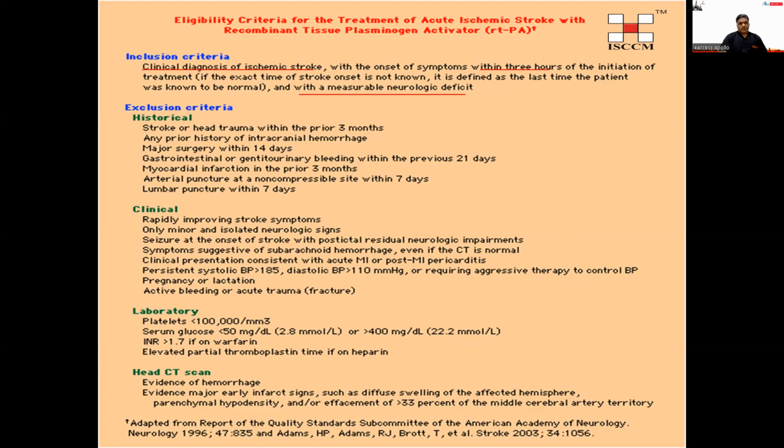Clinical: rapidly improving stroke symptoms, only minor or isolated neurological signs, seizures at onset of stroke with post-ictal residual neurological impairment, symptoms suggestive of a subarachnoid hemorrhage even if the CT is normal. Clinical presentation consists of acute MI or post-MI pericarditis, persistent systolic blood pressure greater than 180 millimeters of mercury, diastolic BP greater than 110 millimeters of mercury, requiring aggressive therapy to control BP, pregnancy and lactation, active bleeding or acute